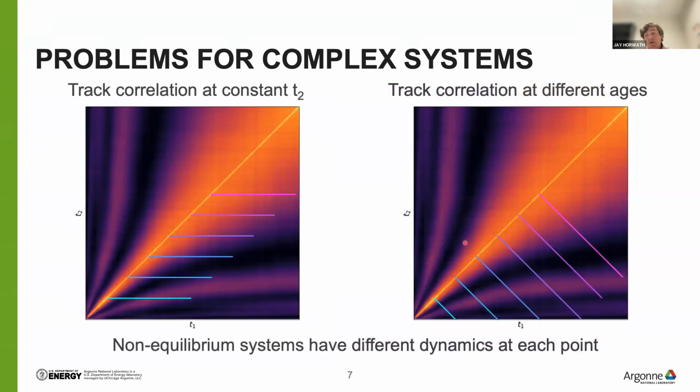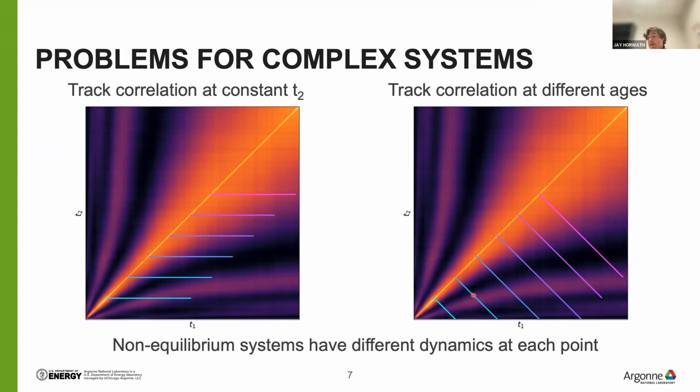There has been a lot of work in XPCS to overcome this limitation for non-equilibrium systems. Here I'm showing two different, what you might call, coordinate systems of how you can, instead of averaging over these diagonal lines, track the dynamics as a function of observation time on the diagonal axis and delay with respect to a single time here. Or in this rightmost plot, basically you're doing the same sort of scheme, just instead of